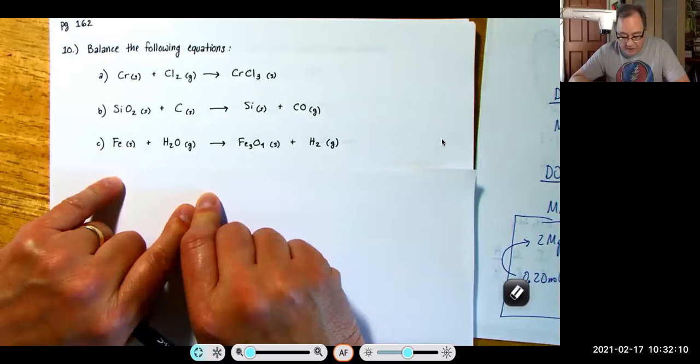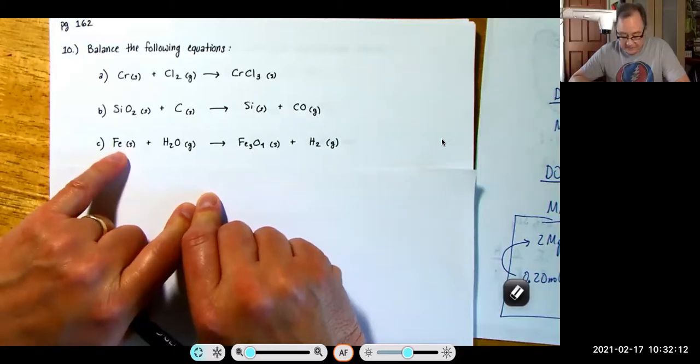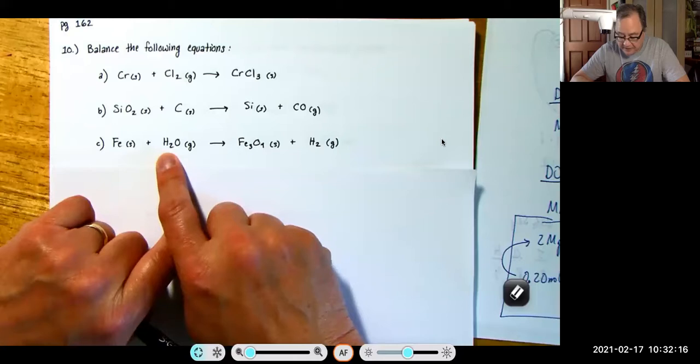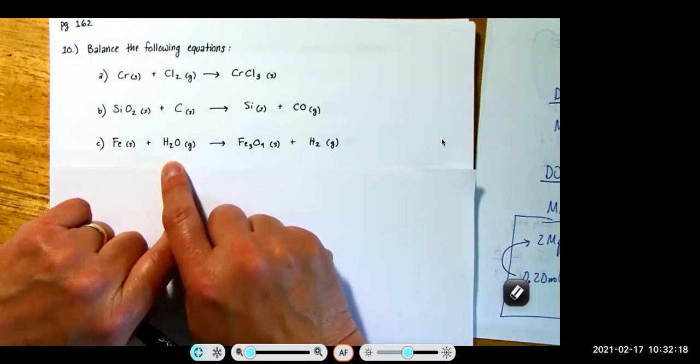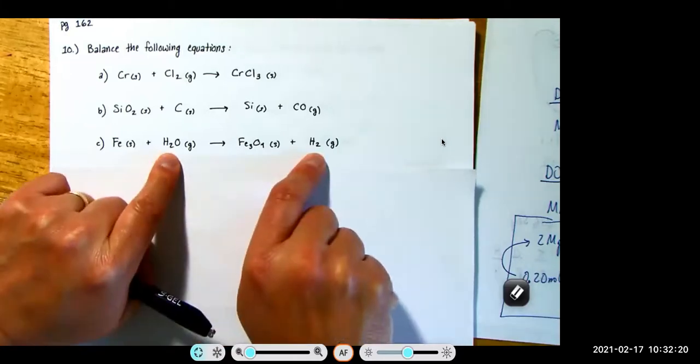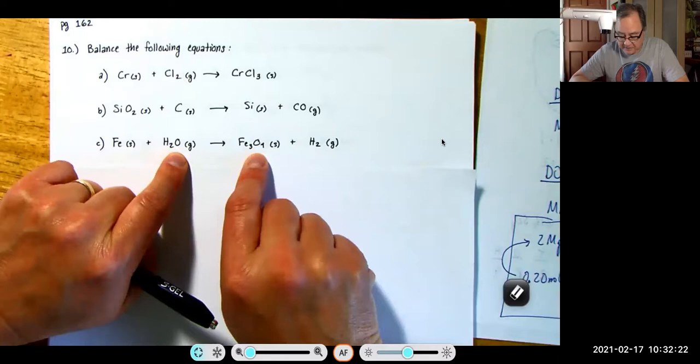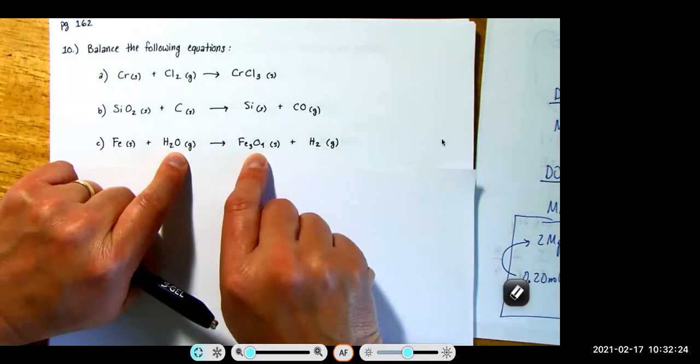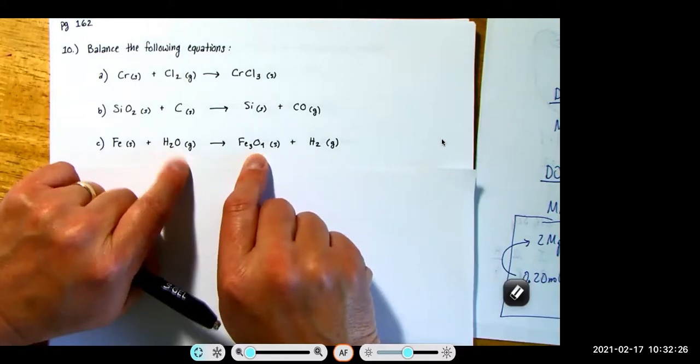You probably want to leave iron for last, correct? Right. So let's mess with H2O. How does that look? Well, the hydrogen is fine. Spot on. The oxygen needs to be doubled, so put a 2 in front of H2O and then a 2 in front